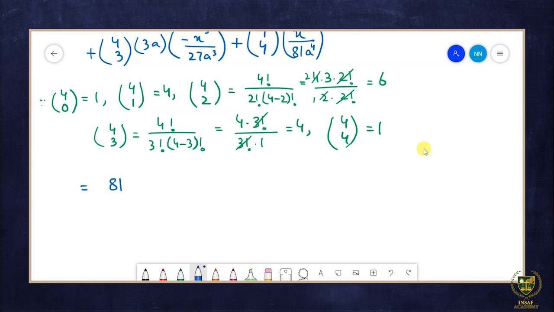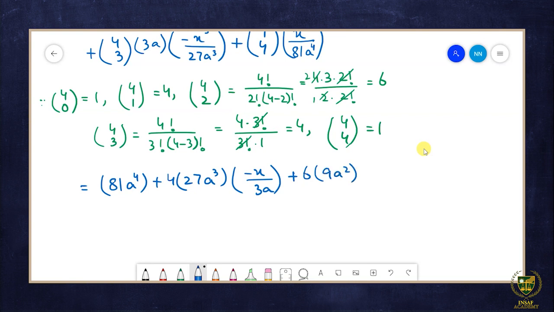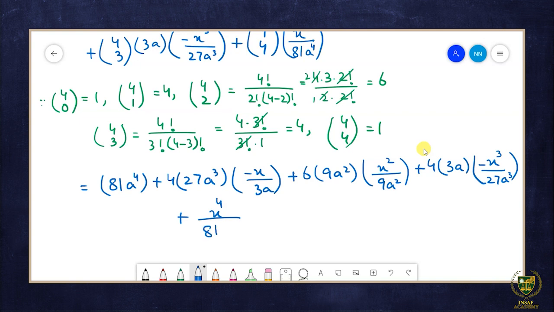अब हमारे पास आ जाएगा 81 into a raised to the power 4 plus 4 into 27 a raised to the power 3 into minus x over 3a plus 6 into 9a square into x square over 9a square plus 4 into 3a into minus x cube over 27a cube plus x raised to the power 4 over 81 into a raised to the power 4।